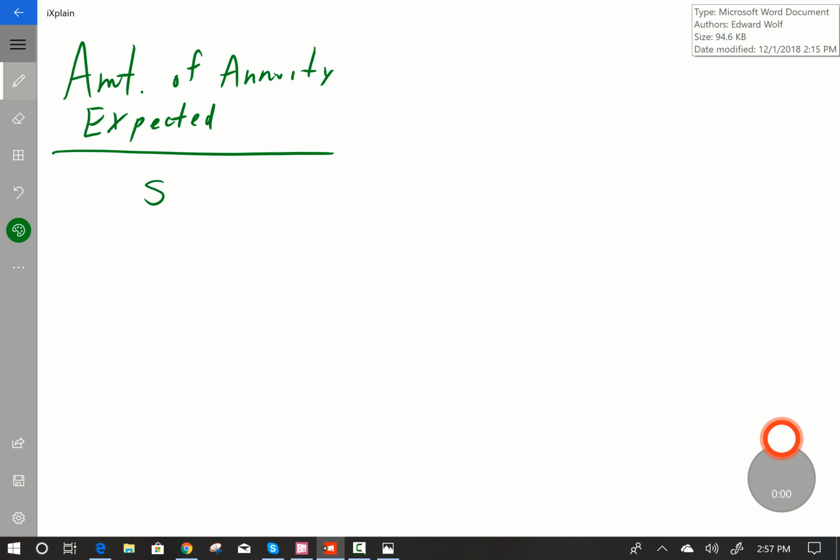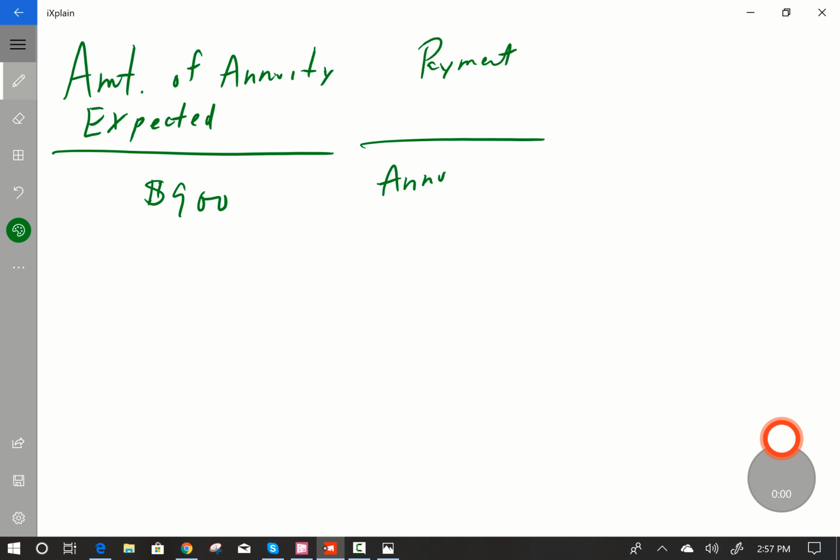It is $900, and its payment is annually. It's for 4 years. And the rate is at 6%. Okay, so first thing I'm going to start off with is I'm going to take 4 years